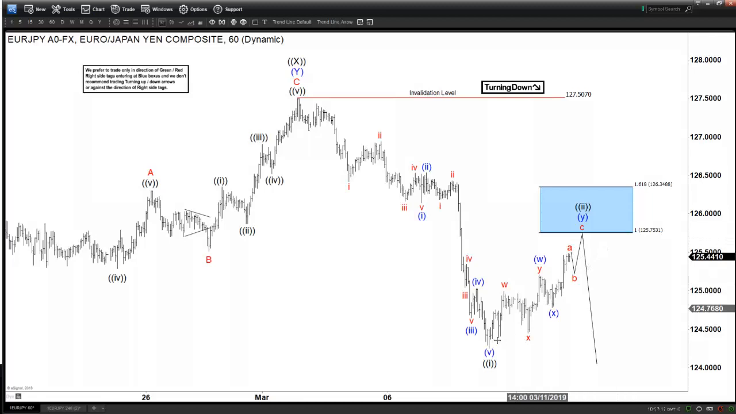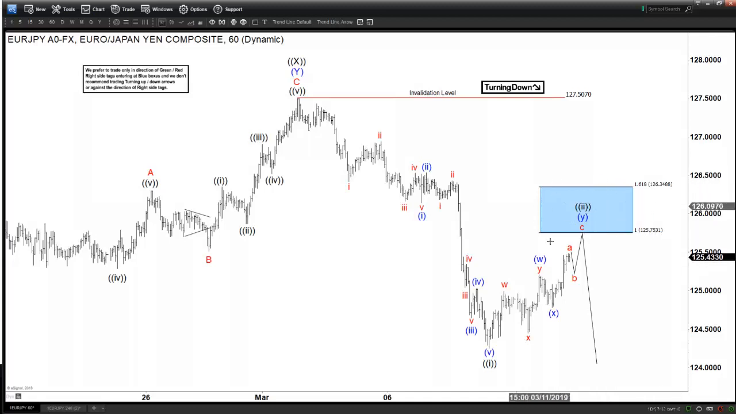to finish this double correction, or sometimes people call it double zigzag, but in this case it's not really a double zigzag because this one is not really an ABC zigzag here. This is 3 swings here, so it's not an A, it's a WXY of the lower degree. So this is a double correction, and that is expected to end here in this area,